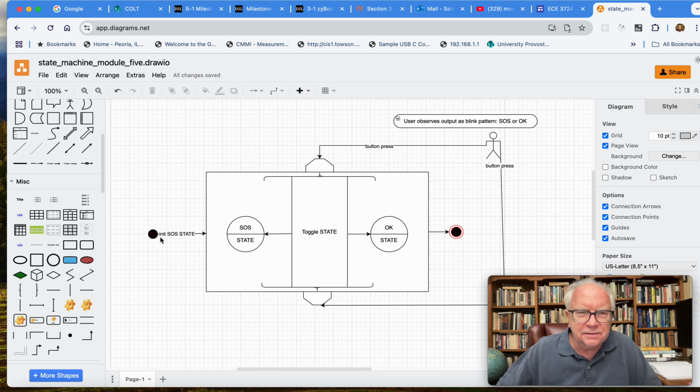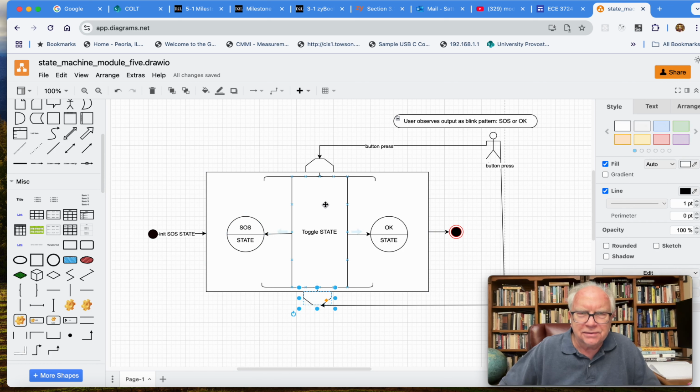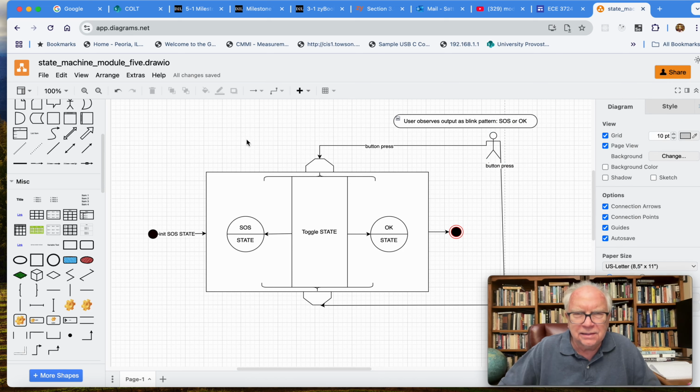So you've got the initial state, when the algorithm starts up, the initial state is going to be this SOS state. And then you've got these two buttons here, these two user buttons that I showed you earlier. The user can press one or the other of these buttons. I would imagine you could press them both at the same time. I didn't do that, but